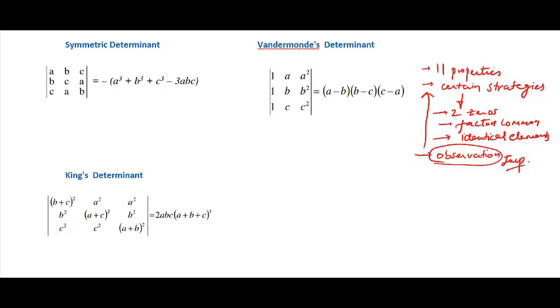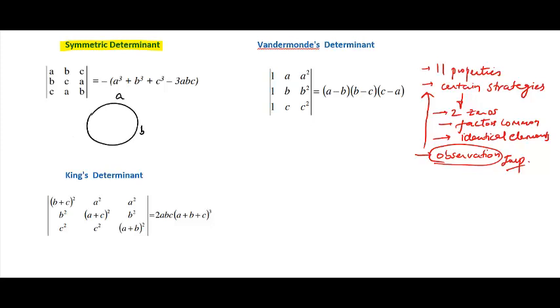So another feature that we have to add in our toolbox is you have to learn certain standard determinants. They are very important for problem solving. The first one is called symmetric determinant, and symmetric determinant बोलने का रीज़न क्या होता है कि यदि हम देखें